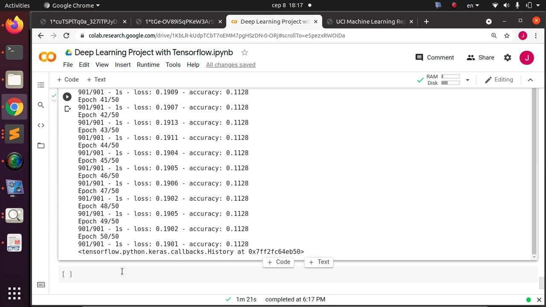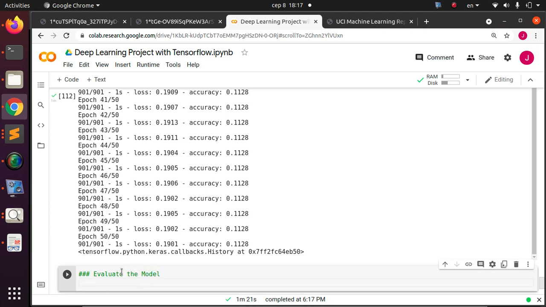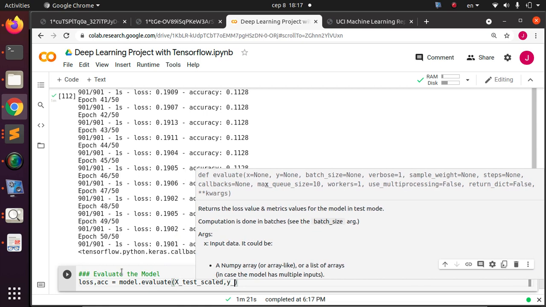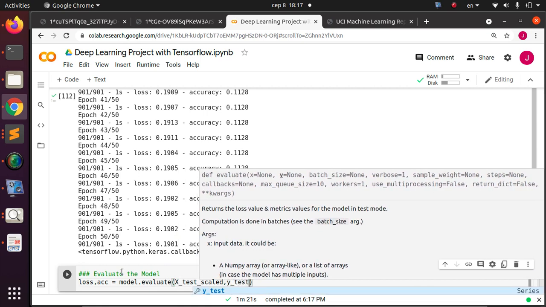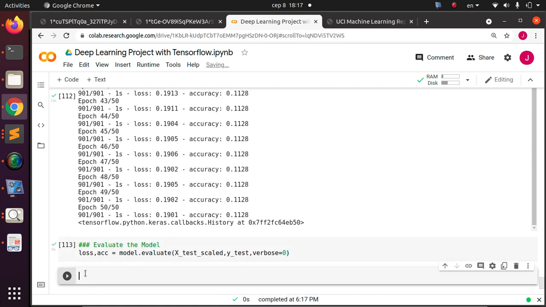Okay, so that's finished. Now let's evaluate it. This is going to be the next step. I'm going to evaluate the model. How do we do that? It's very simple. We'll specify my loss and then my accuracy. It's going to be model.evaluate. I'm going to pass in my X test scaled, remember that you have scaled it already, and my y test. And I can also specify the verbosity, so verbose 0. This is going to give us our result. Now in case I want to check the accuracy of the model,